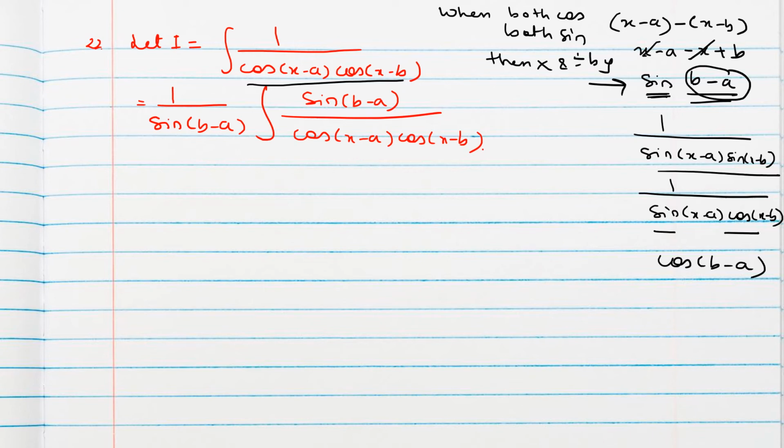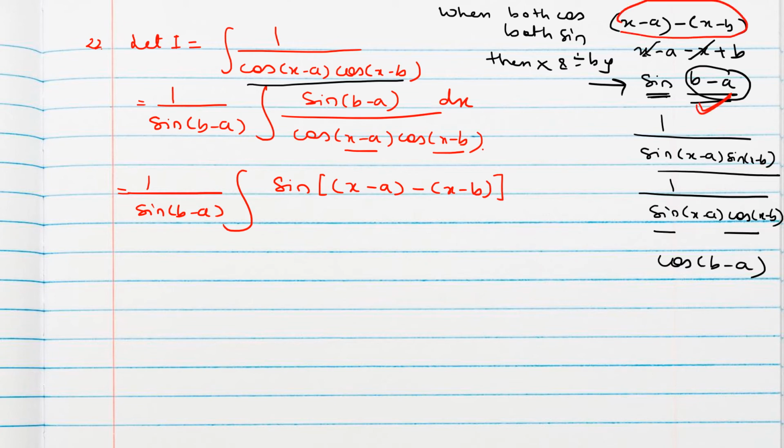Okay. Now see what will happen if you divide and multiply with sine b minus a here. Now we need to make the angle same as the denominator angle, isn't it? So what we will do here, we'll add and subtract a here. So see, we'll get the angle this one, x minus a minus x minus b. Anyway, from this expression we got b minus a. So for b minus a, I can write the same expression. Divide by cos of x minus a, cos of x minus b.